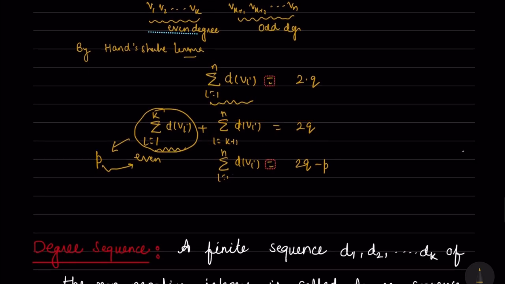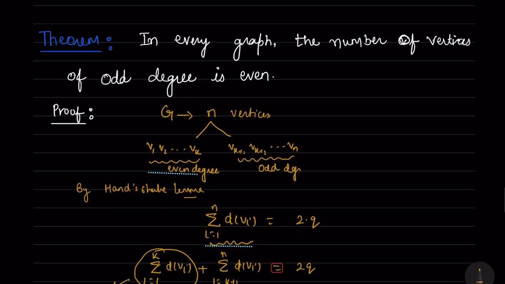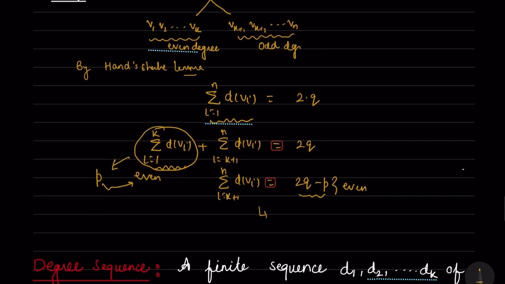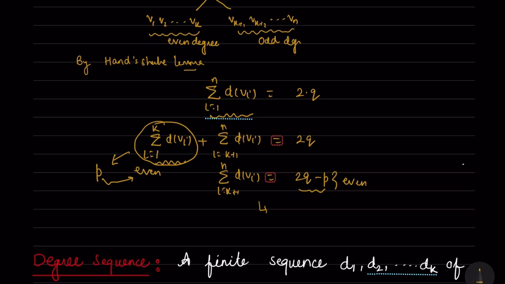So here we can say that the sum of degrees of odd vertices is an even number. This is also an even number. So what does that mean? From here we can imply that the number of vertices of odd degree is even. Okay, because